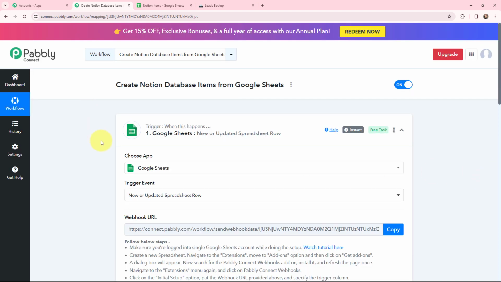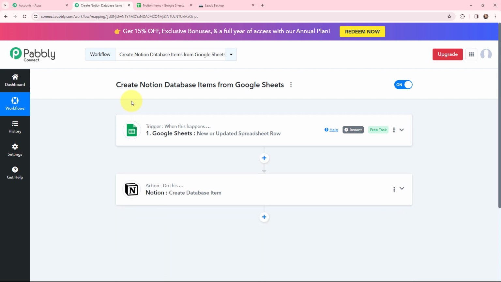That means now whenever in my Google Sheet, I'm going to add the lead details in a new row, then automatically that lead will get captured over here in Pabbly Connect. So this trigger will instantly capture the new incoming data and the workflow execution will start in real time. So as I've got the lead details over here in